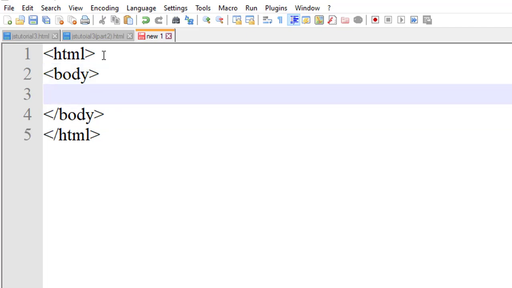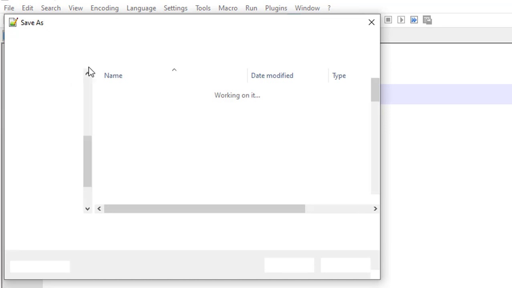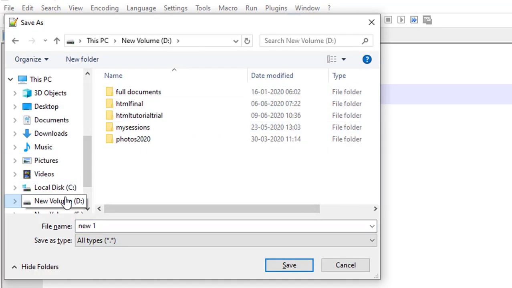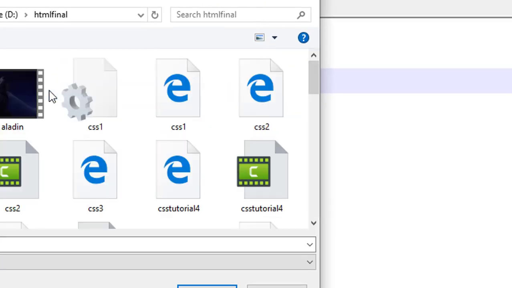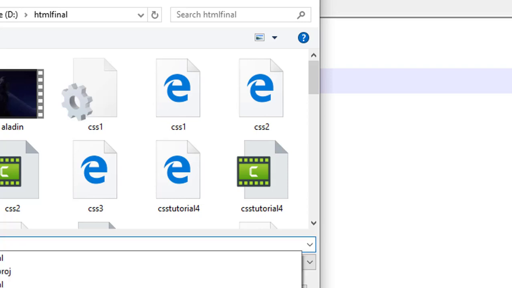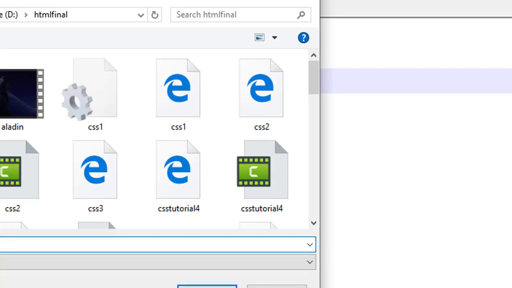Then in the body tag, firstly save this program in the D drive, HTML final folder, JS tutorial 3.html. Just save this file and now we have to run this.